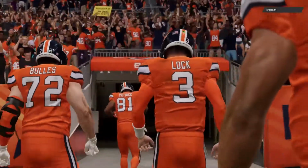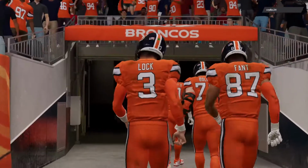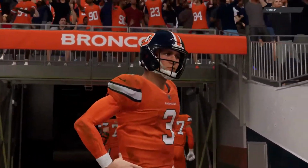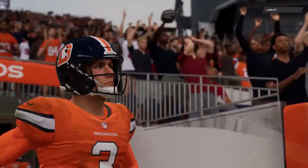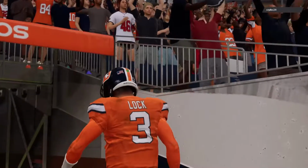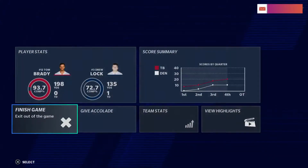So for Tampa Bay, it's back-to-back victories now after the Week 1 defeat as they move to 2-1. And they will head home next week to take on the LA Chargers. Meanwhile, for the Broncos, they too will exit with a 2-1 record. And they'll try and turn things around next week as they have a date at MetLife Stadium with the New York